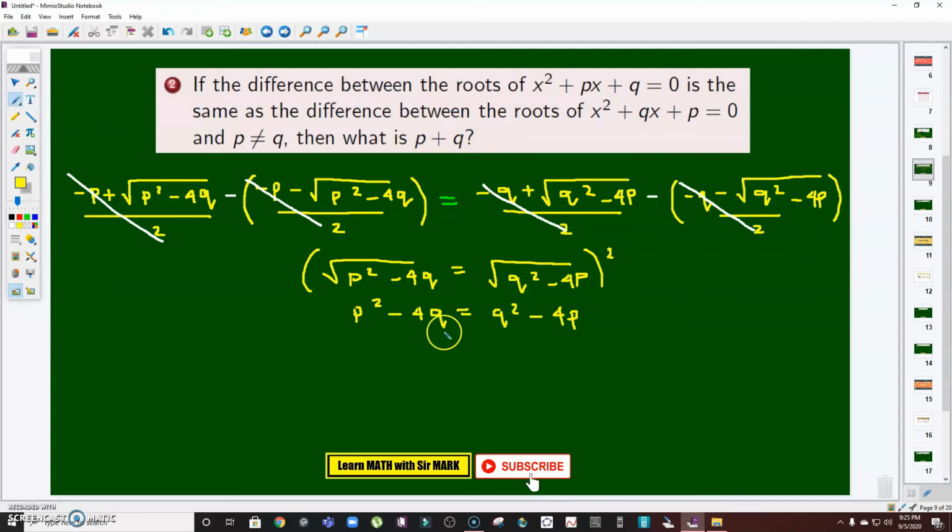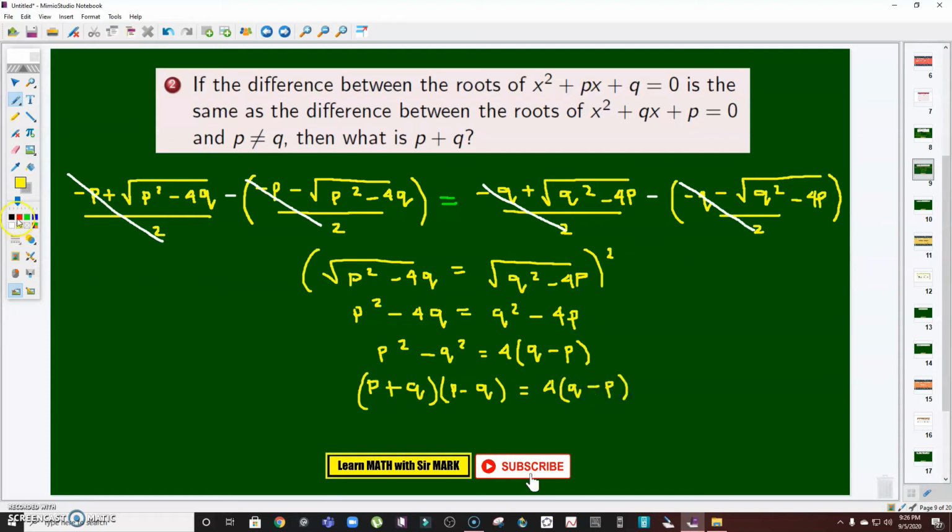By combining terms with the square, what I'm going to have on my left side is p squared minus q squared equals, this negative 4q will become positive 4q. Factoring 4 automatically, I'm going to have 4 times the quantity q minus p. There you go. See that? The left side is actually a difference of two squares. Right? So the factor of this is just p plus q times p minus q